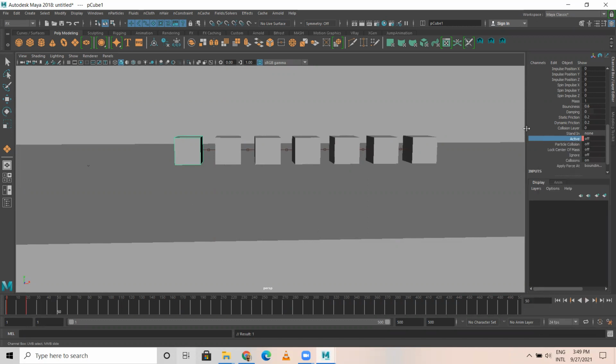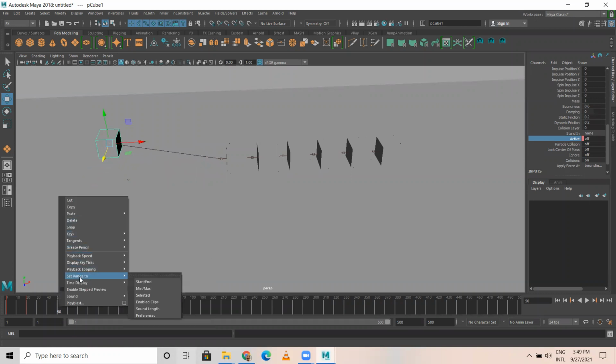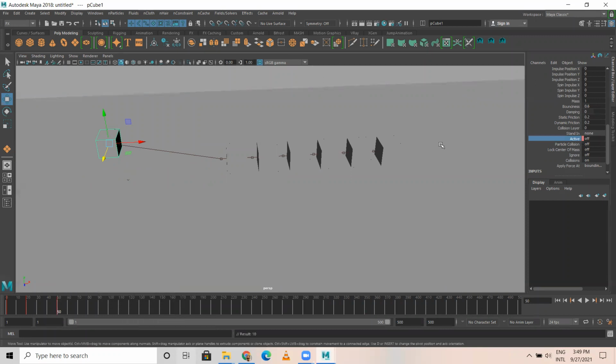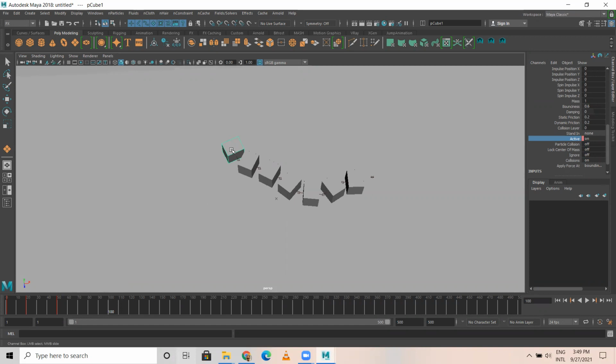At 50, you can animate this. I'll place it here. Set key selected, and okay, let it be on here. See, there's an animation, right? So from here to here, I select this guy.